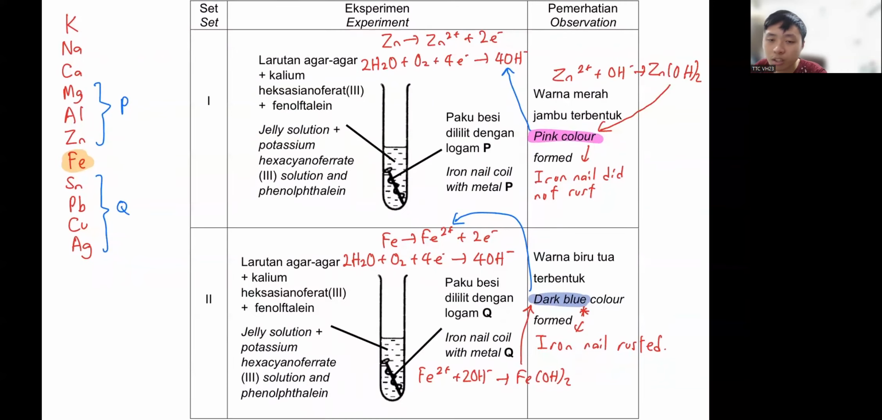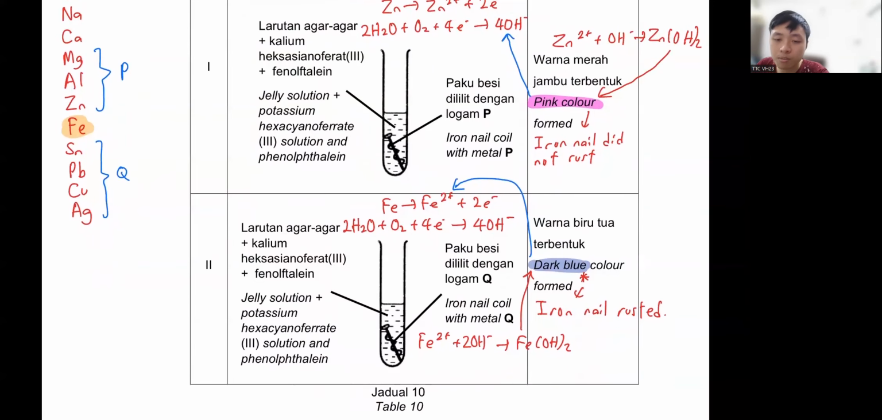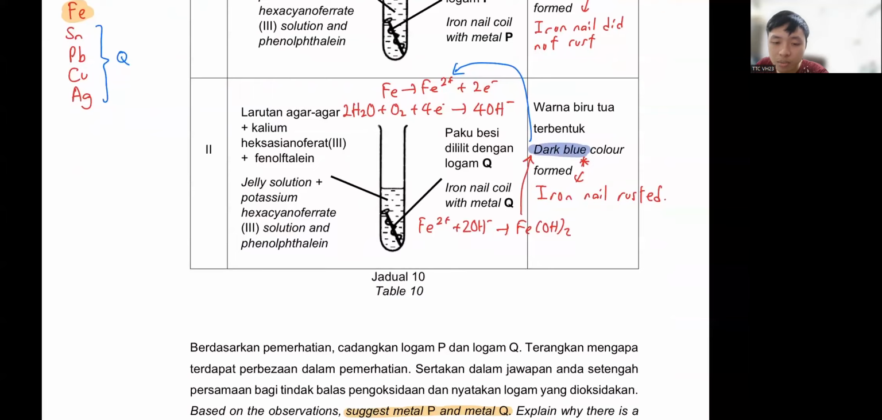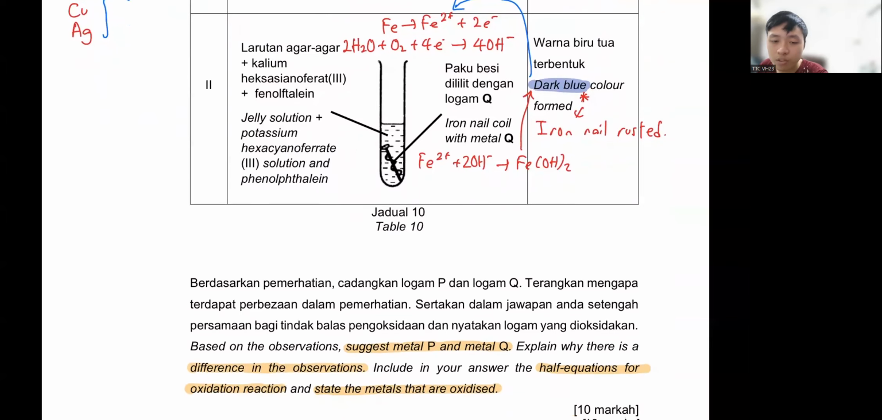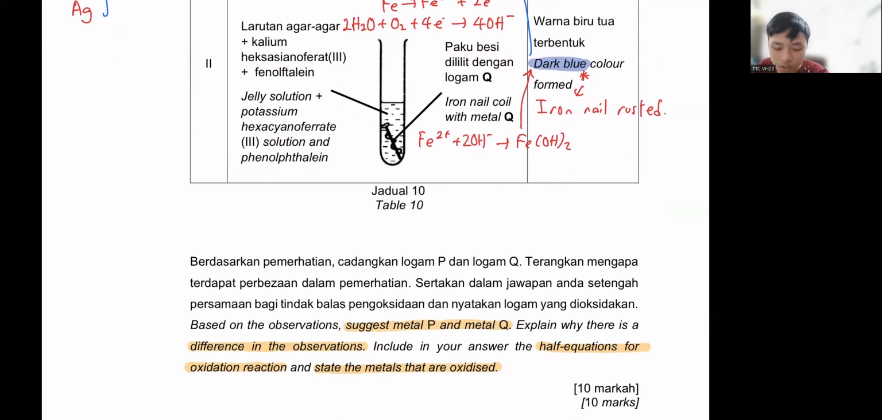This one I show the phenolphthalein. So suggest metal P and Q. Explain why there's difference in the observation. Include your half equation for the oxidation reaction and state the metal that is oxidized. Now, the metal oxidized is